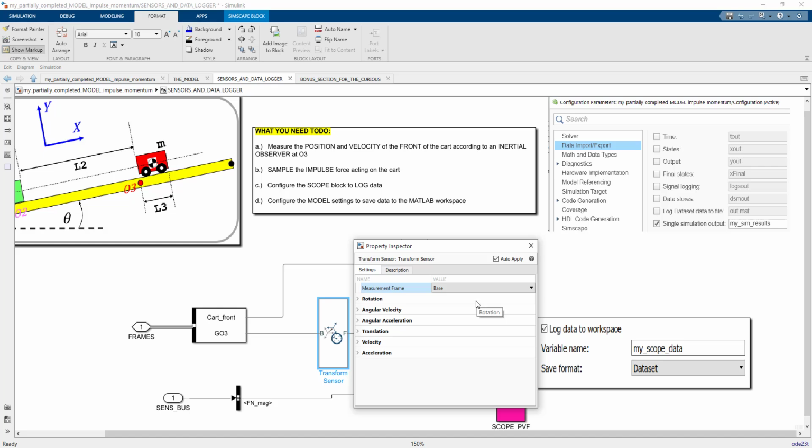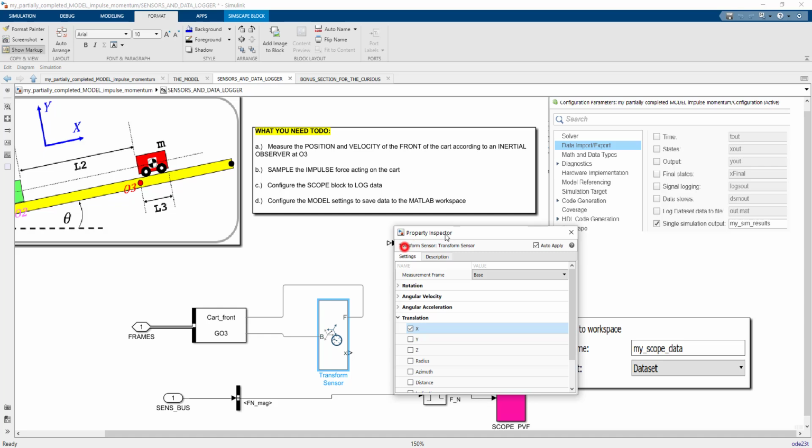Now let's choose the things that we want to measure. So let's go down to translation. I'd like to tick this X checkbox. Note the addition of the X port on the block. This gives us the position of the front of the cart. Next, let's go to velocity and choose X, and this will give us the velocity of the front of the